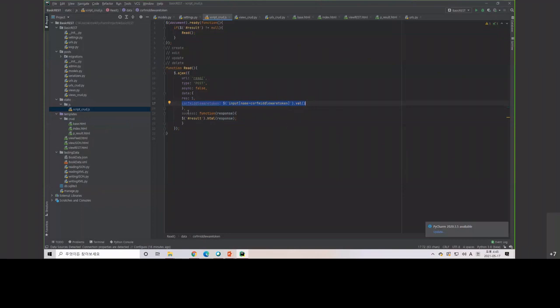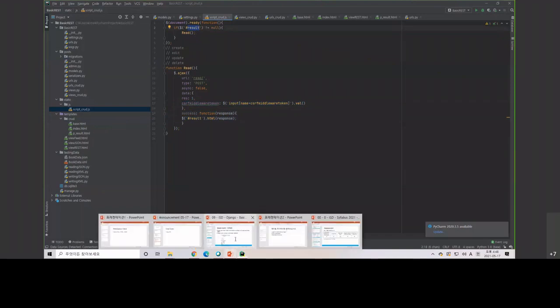And for every success, we can make a new function, and then we want to show it into, for example, this is the section in the HTML to show the result. Okay, so we are showing the result. Okay. Now, if we go to the next,